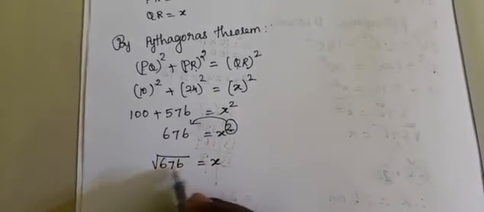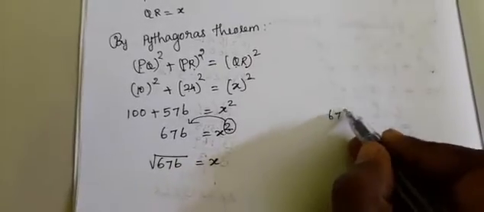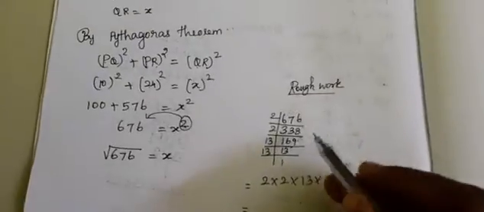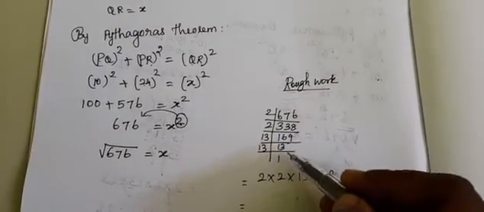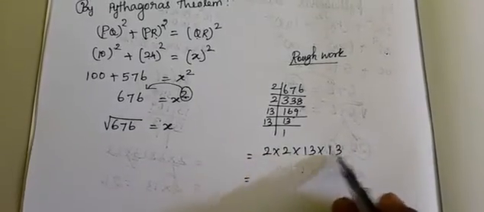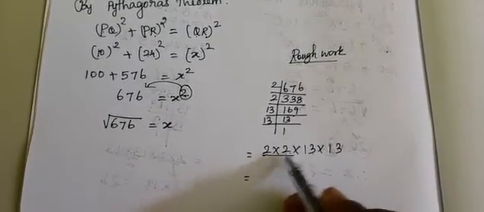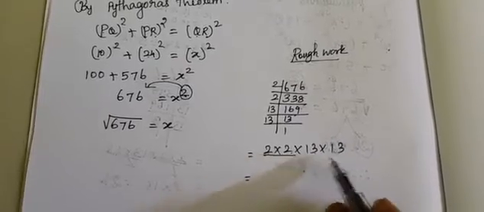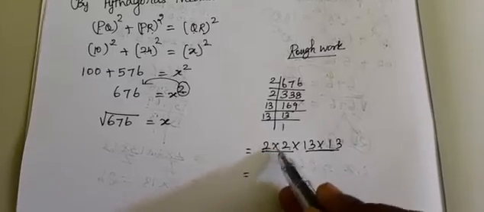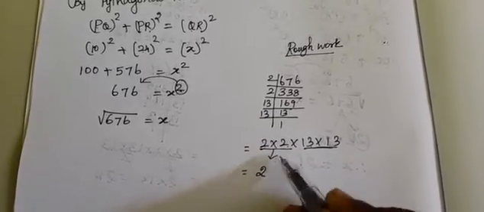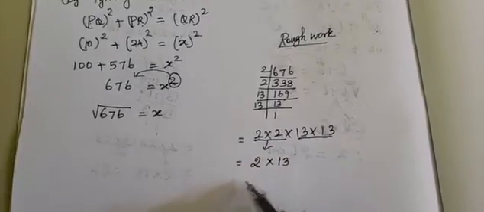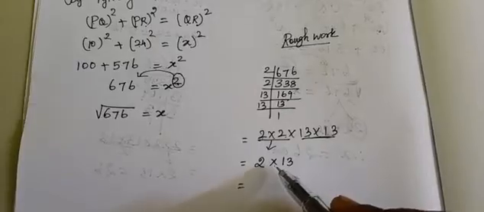So we have to find square root for 676 by prime factorization method. I have done a prime factorization method for 676. So I get the product as 2 into 2, 13 into 13. So 2 into 2 is a pair of number. 13 into 13 also a pair of number. So from each pair you can take only a single number. From this pair we can take only 13. Okay, this is the way of finding square root.